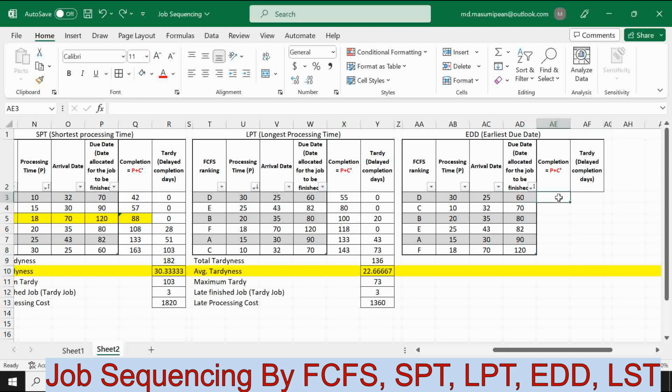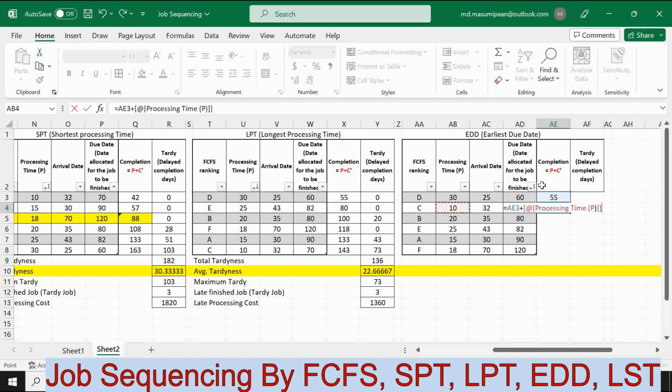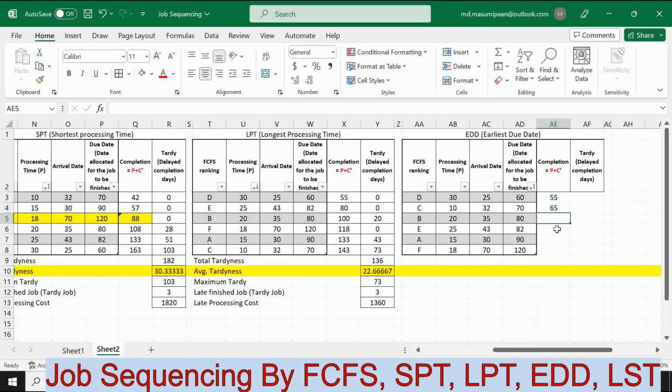So arrival date plus processing time, 55th days will be completed. The job D will be completed on 55th days, and the next job will start on 56 days, and it will take 10 days to be completed, and it will be completed on 65th days. Okay,